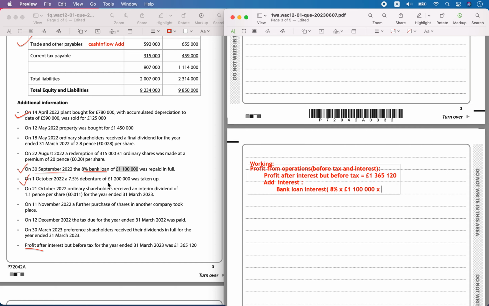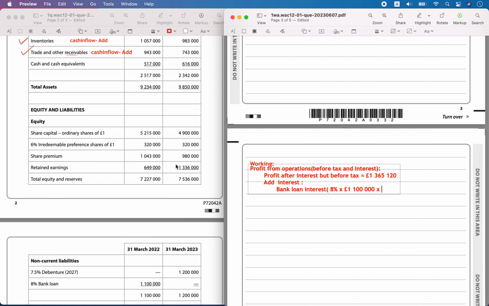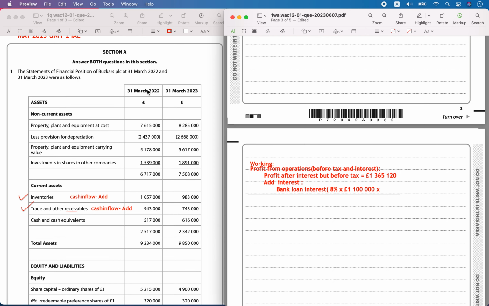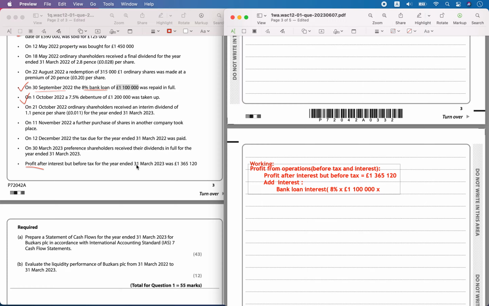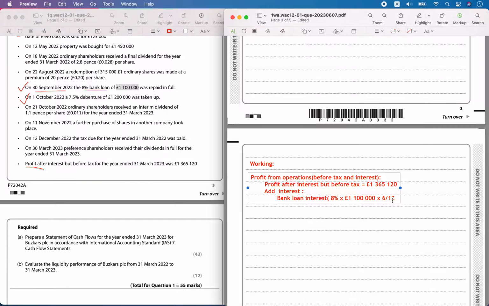So for 6 months, from the end of March. So April, May, June, July, August, September, 6 months. Only we have to pay the interest because the remaining was paid off. So for the 6 months interest I will calculate, that is going to be equal to,